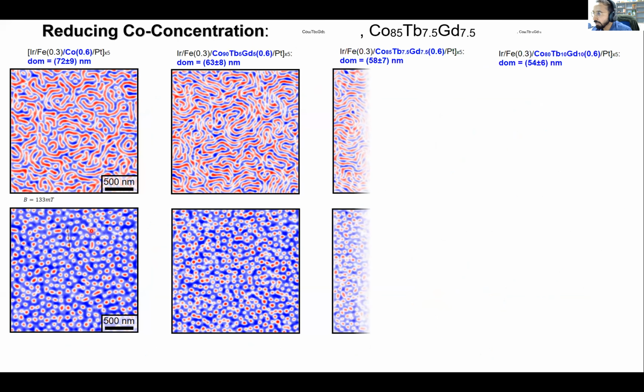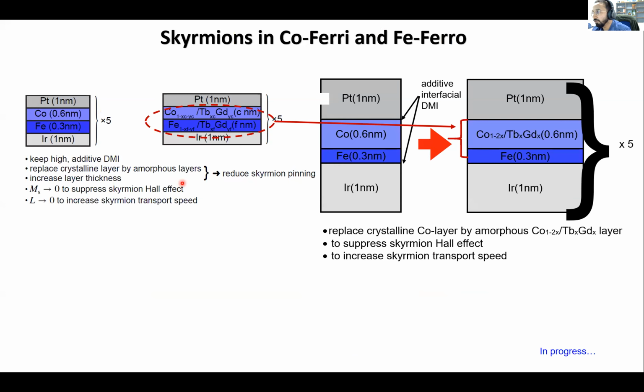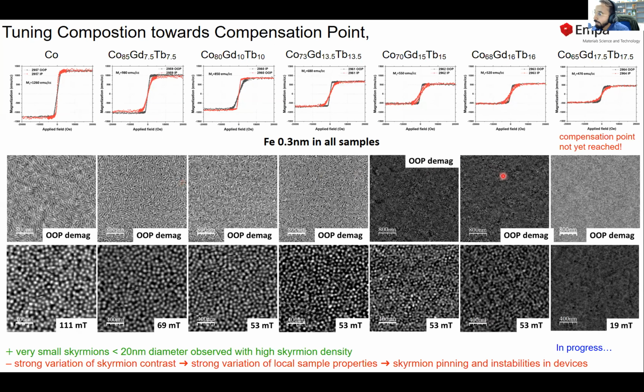So there was one last thing that I want to show you, which is here. In this, what we did was, instead of using an iron cobalt multilayer separated by ferrimagnets, we completely replaced the ferromagnet material of iron and cobalt with ferrimagnets. And here is the last slide, and here we could observe that we could obtain skyrmions at very small sizes. We are still far from the compensation point, as you can see here, but we could reduce the skyrmion sizes. We can make them highly tunable and also generate them in ferrimagnetic multilayers. Okay, so I will stop here.